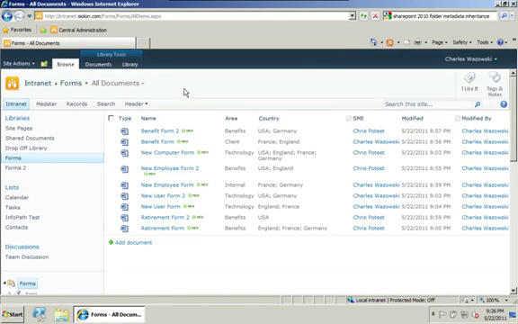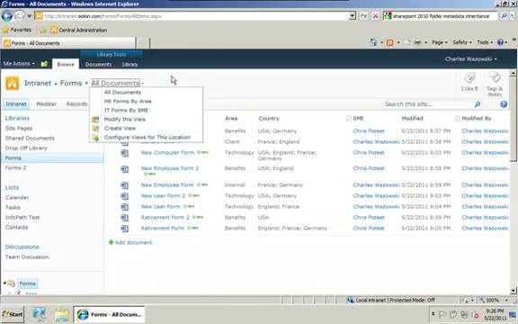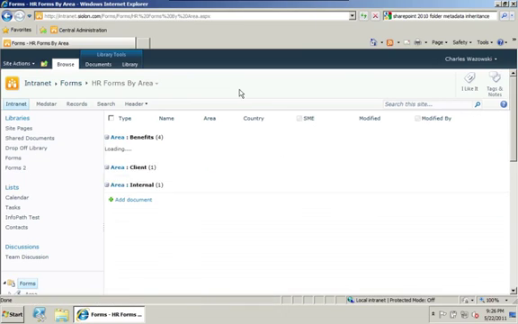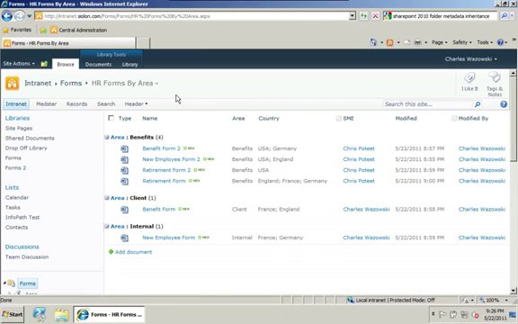Now I have all my documents here, but because I have this metadata classified, now I can drill into it through two different ways. The first is through views. So I have a couple of views up here, and views allow us to do a bunch of different things. Let's look at one example. Let's say I wanted to look at just the HR forms and by the area metadata field that I specified. So let's change this view. So now we'll see something different. We'll notice that now it's trimmed to just show me the forms that are relevant to HR, and they're using